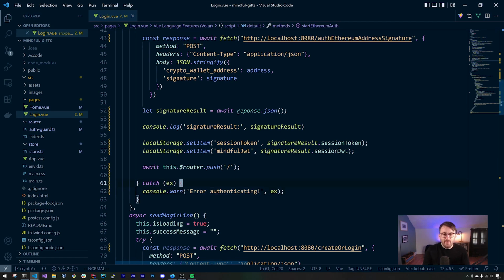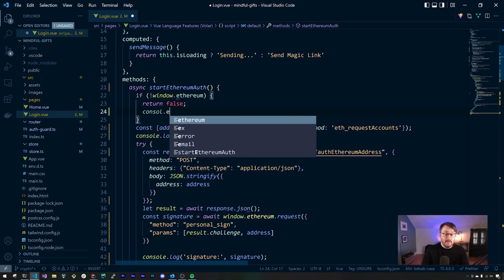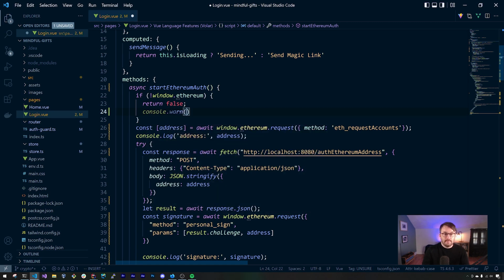And so to recap, what we're looking at here as a first pass is that we have set up a new method to start Ethereum authentication. We're essentially going to check whether or not a user has MetaMask in this case installed, in which case they'll have this global Ethereum object attached to the window. If they don't, we're simply going to return false from this. We could say console.warn, to do: handle UI when user does not have a